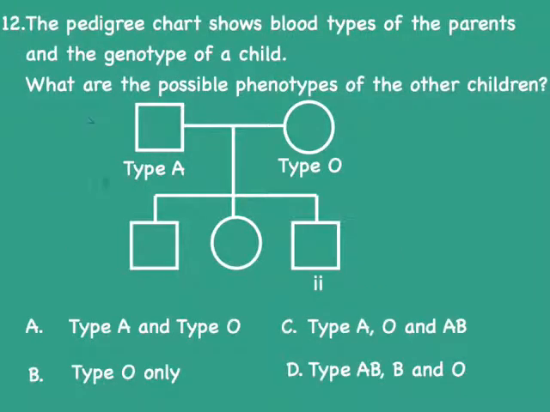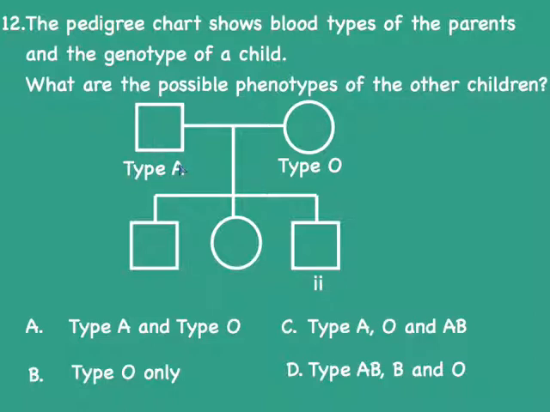The pedigree chart shows blood types of the parents and the genotype of a child. What are the possible phenotypes of the other children? Well, here you can see that parent A, the male parent, has type A blood, whereas the female parent has type O blood. The fact that they have one son who is type O blood, as shown here with the genotype 2 little i's, then it follows that